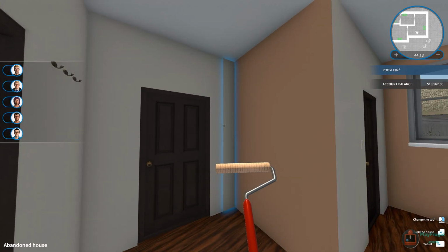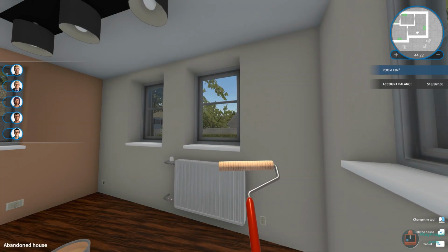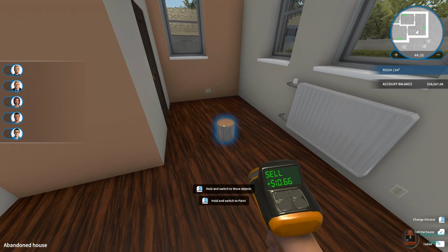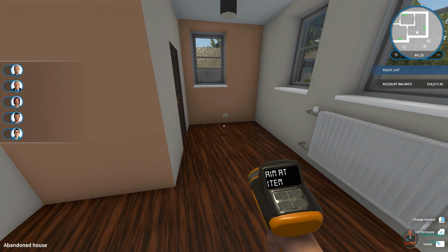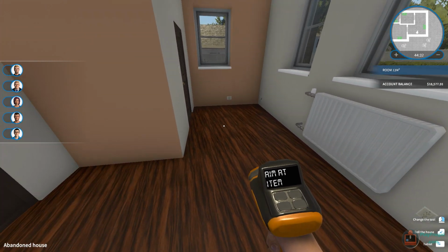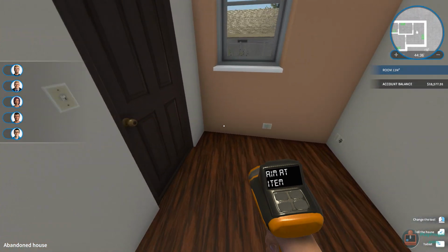Okay. So, we have painted. And let's sell that paint back. We don't need that anymore. Ooh, we get $10 back on that. That's pretty nifty. All right. So we want to have a living room, which means we're going to have sitting and...